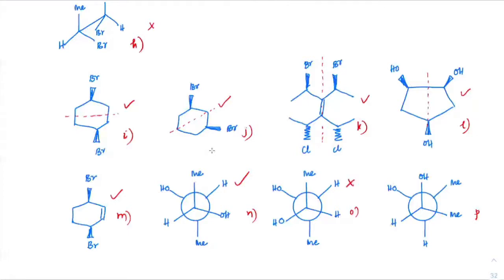You rotate this hydrogen by 180 degrees. Methyl will also come here, OH will come here. So all will be exactly in the eclipsed form, fully eclipsed form. Correct? See, while searching for the plane, you can rotate it. But for center of symmetry, you should not rotate it. You can just put it and check it out.